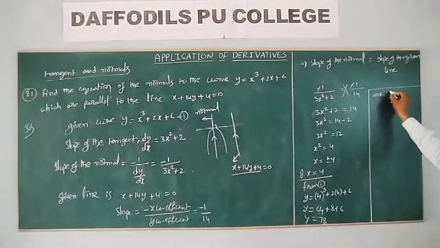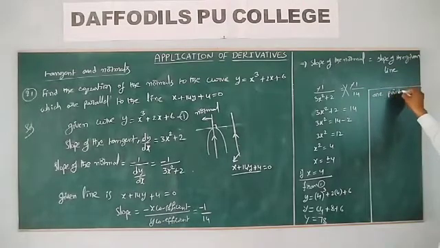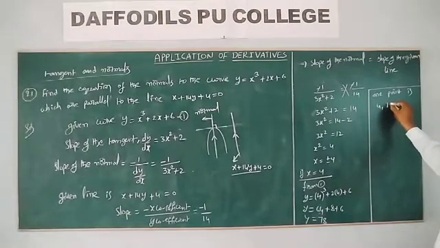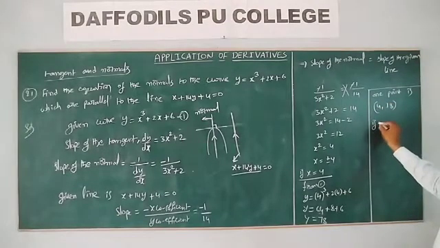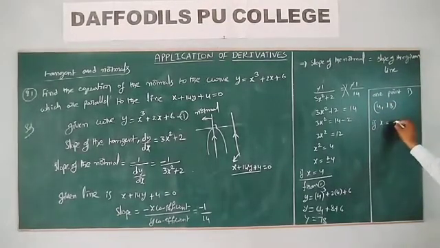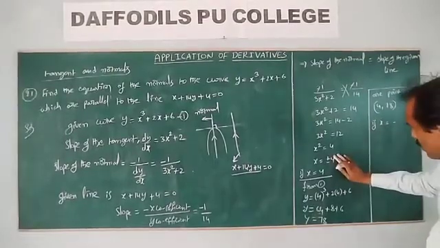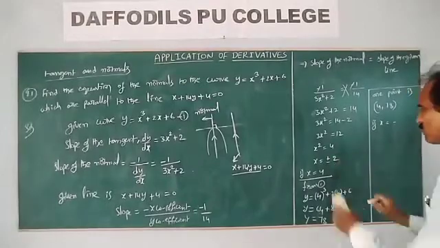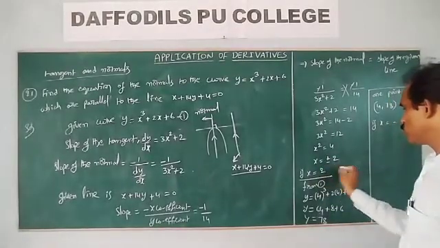Therefore, the first point is (4, 18). Next, if x² is equal to 4, x is equal to plus or minus 2. So this is 2,